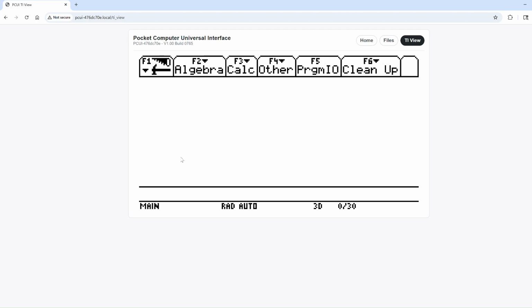I don't recommend actually doing that. I don't think the PCUI's web server is bulletproof or hacker-proof, so it could be done though, just again as a proof of concept. And the other thing that is interesting about this feature is, in theory, because the PCUI is now,